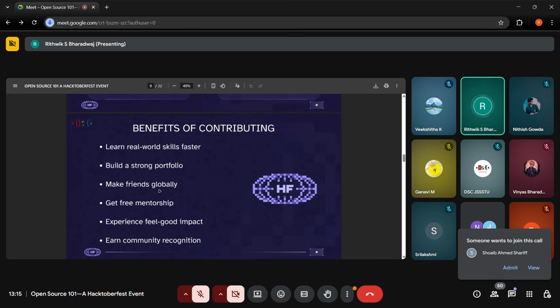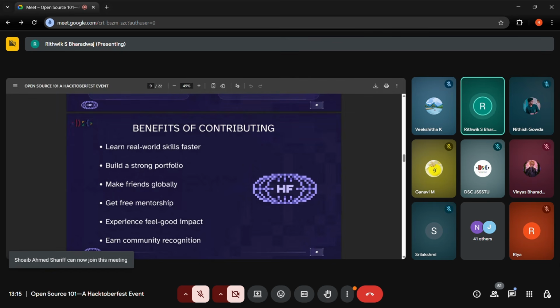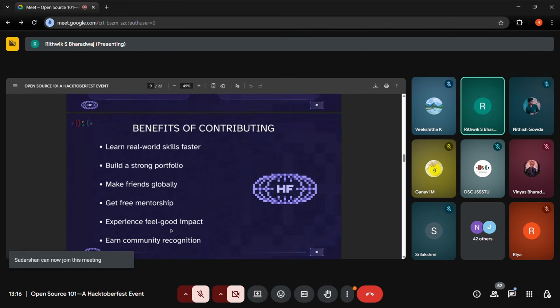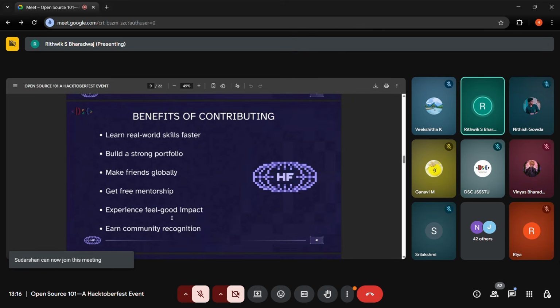Get free mentorship. Yeah, that is one more thing. See, now in these programs like Girl Script Summer of Code and Hacktoberfest, which again we'll get more in depth into moving forward, you'll be assigned mentors who will kind of help you make these open source contributions. So you'll not only learn from your peers, you'll also learn from experienced individuals, right? So yeah, community recognition, as I mentioned, when you make a contribution, it's there on your profile. It's known who made a particular contribution.